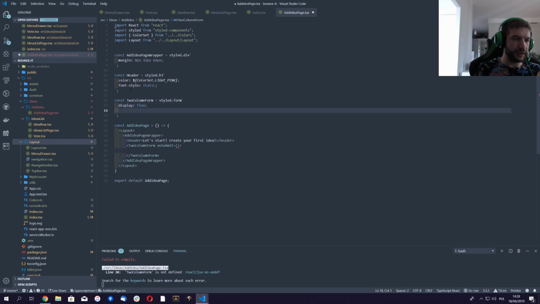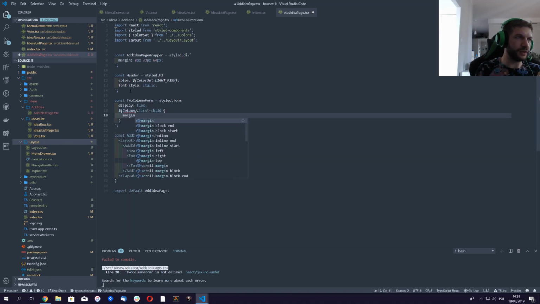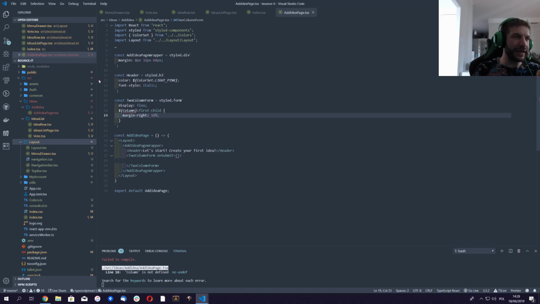Okay, and the first child column is going to have margin right 10%. Okay, so I want a gap between the first and second column,